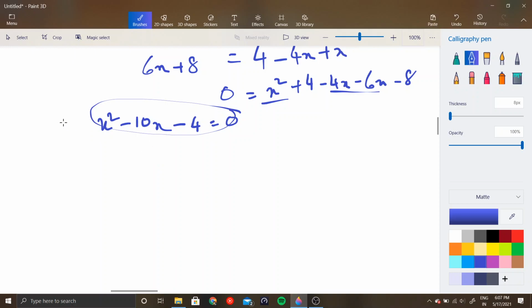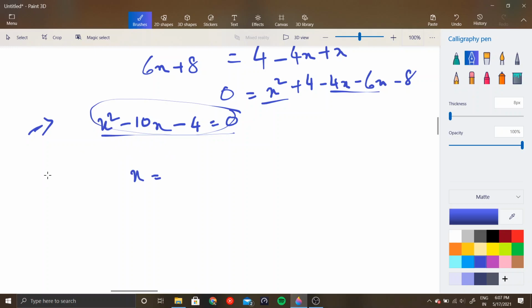Now you can use the factorization method and you can try, but in this equation, you need to use Sridharacharya to get your result. That is the reason I talked about Sridharacharya first, because it is a more general way to solve equations, right? Many a times you just cannot figure out the factors, so better you use Sridharacharya.